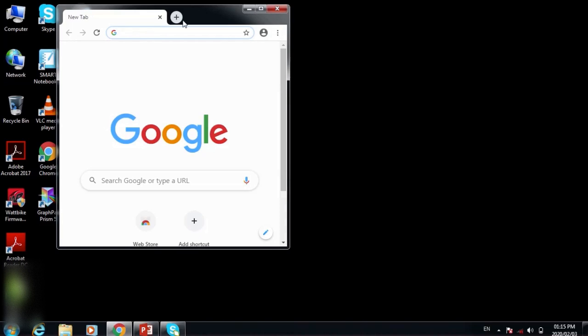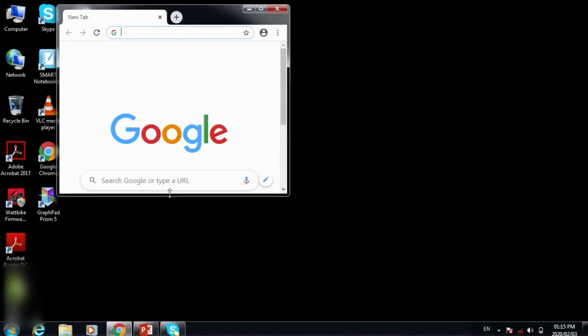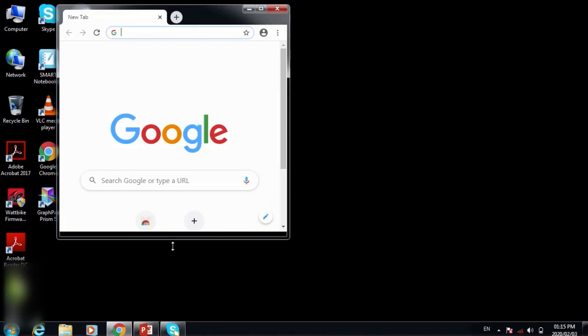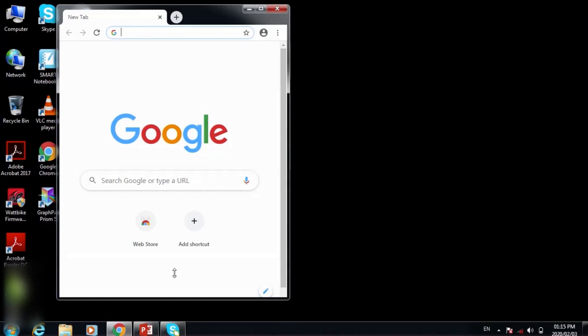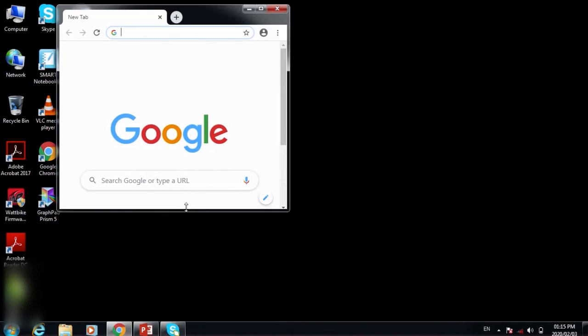Now point to the bottom of the Google Chrome browser. Once you see it's changed to the double-headed arrow, it means you can click, hold it, and drag. Now you're resizing to whatever shape or size that you want it to be. You can hold, drag, and move it upwards to make it smaller, or move it downwards to make it bigger. So it all depends on how you want to resize